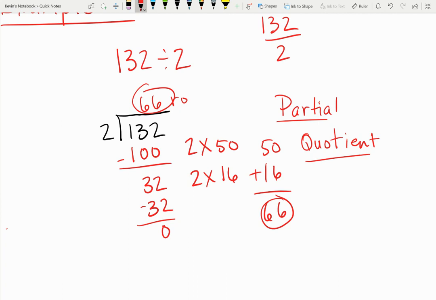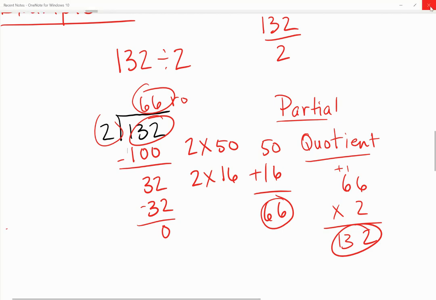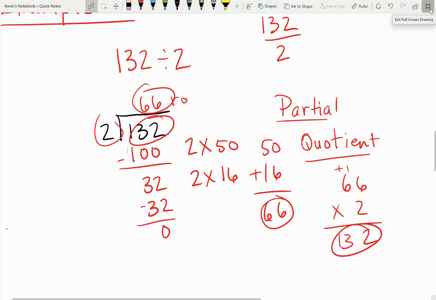So you're going to multiply 66 times 2. 66 times 2. 2 times 6 is 12. And then over here, I get 2 times 6, 12, plus the 1, 3, 132. That matches your dividend. You know it's correct. All right, if you need to review, rewind, go ahead and pause the video now. We're going to move on to the next example. If not,